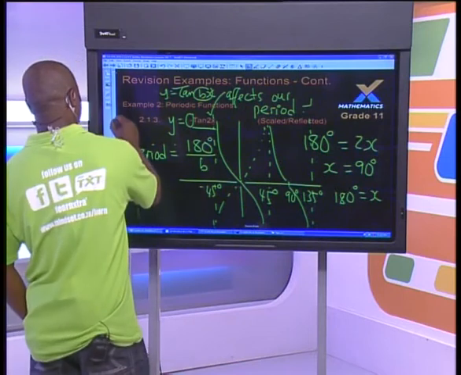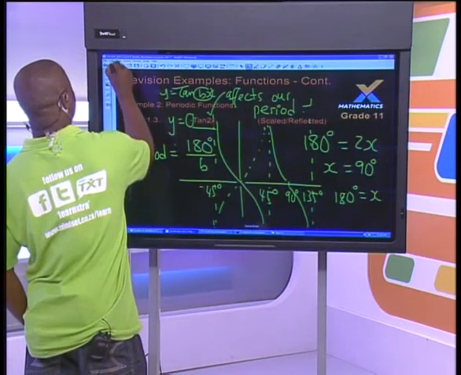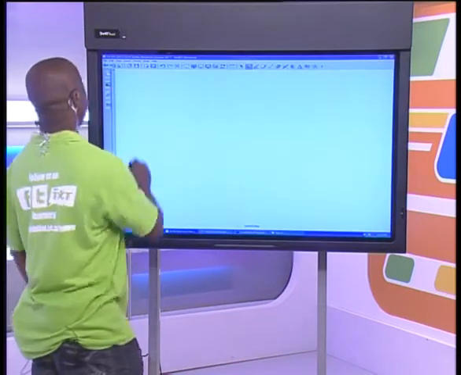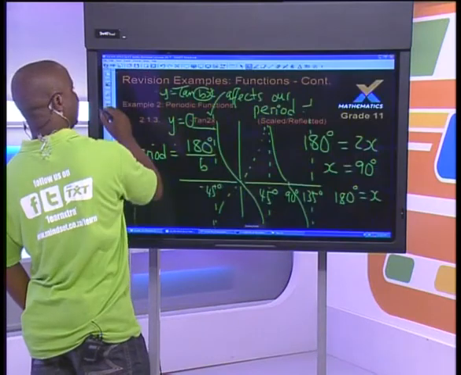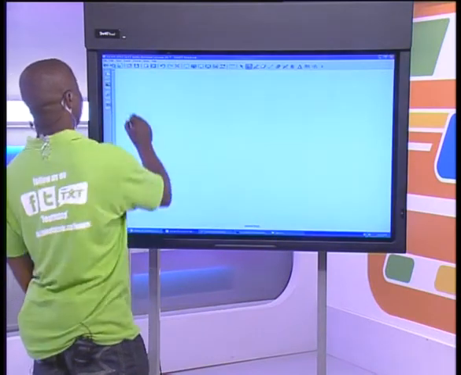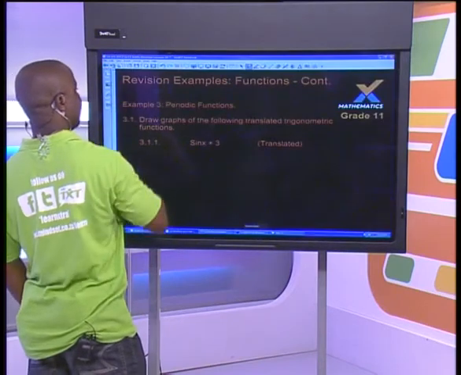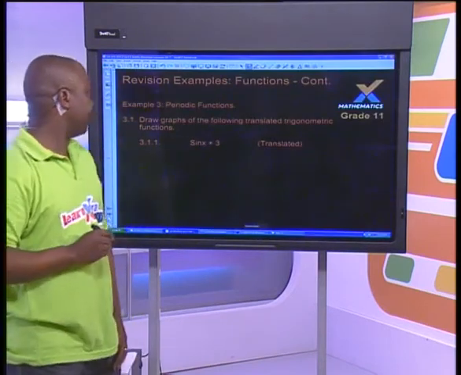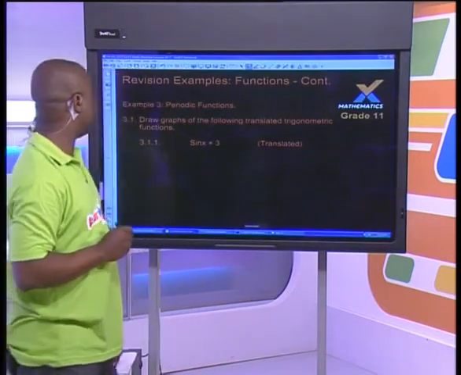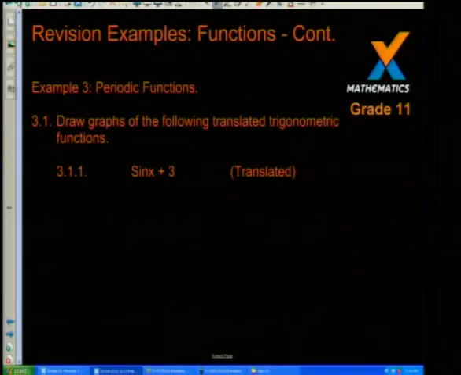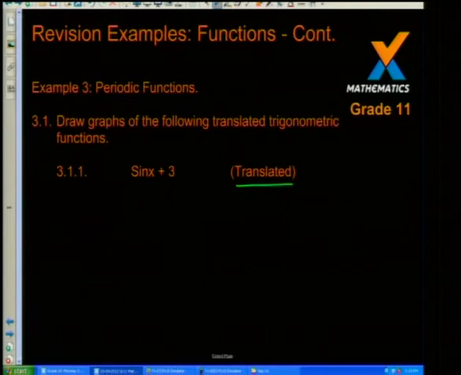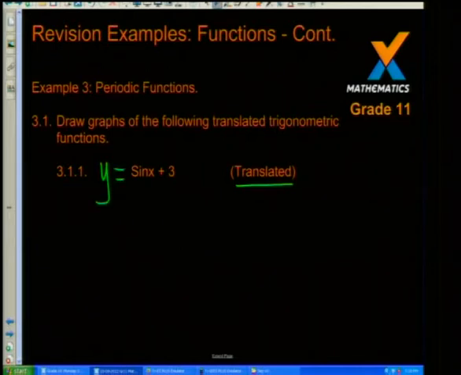All right, let's move on to the next one. I think that's good enough there. Let's take the third example on trigonometric functions. This time round, we're going to look at translation, vertical translation. If your function is y equals sine x plus 3, all it means